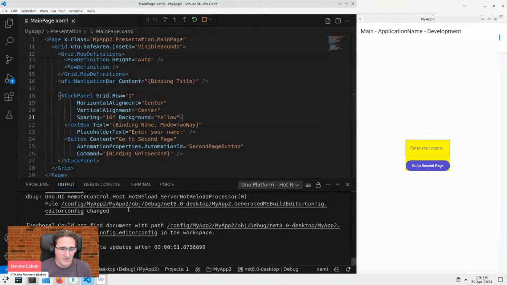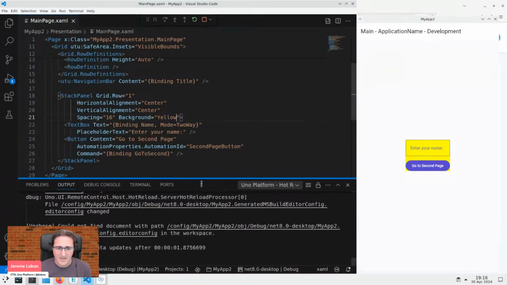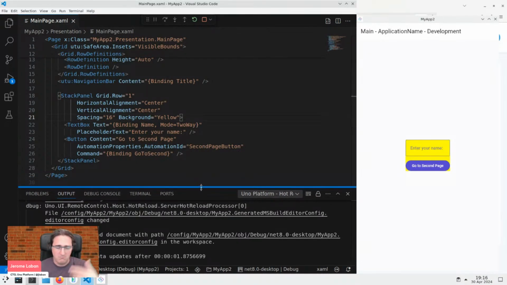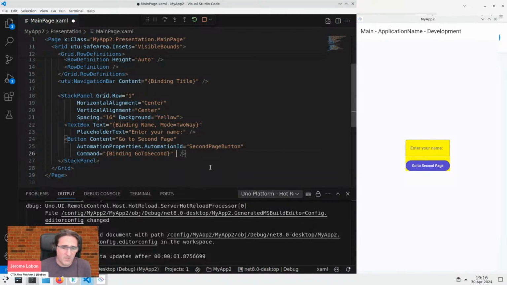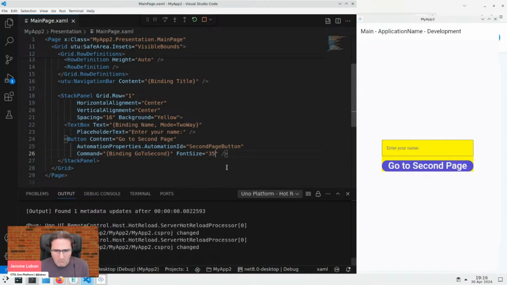We can see here that some updates have been found. And the first part, there's a bit of compilation that happens after 2 seconds. But for the subsequent updates, if I go to, let's say, font size, for instance, because that font size is probably not good enough, if I say I want to see something quite big, 35, for instance, then I change my UI and